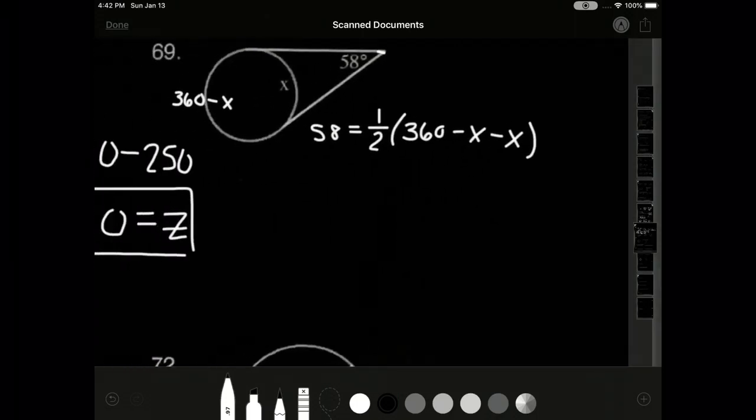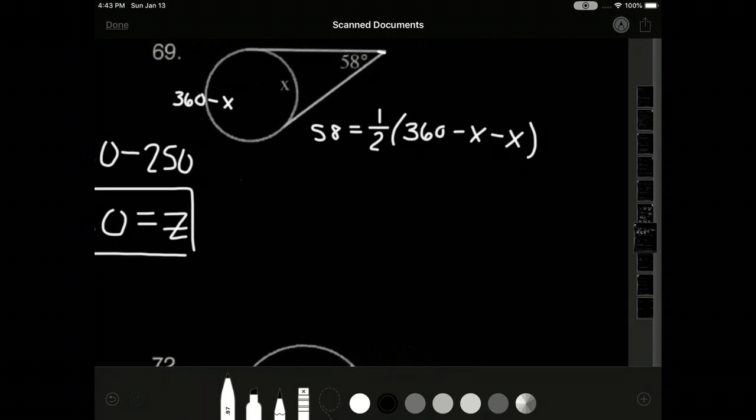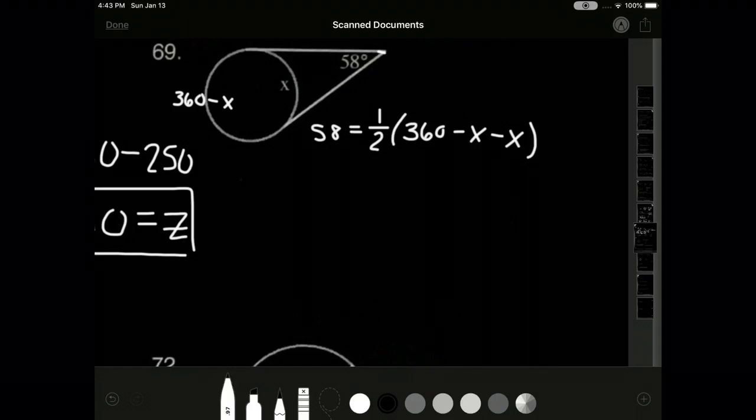Okay, so now we can go ahead and combine our 360 minus x, and we can also multiply by 2 so that way we can get rid of that half. Okay, so if we take care of all of that, we get,